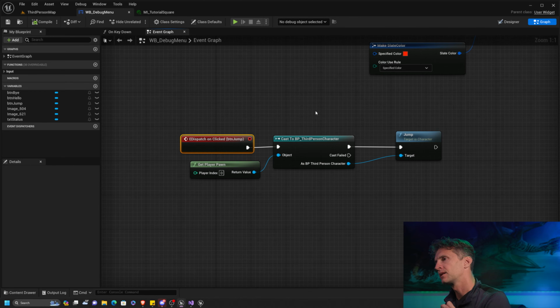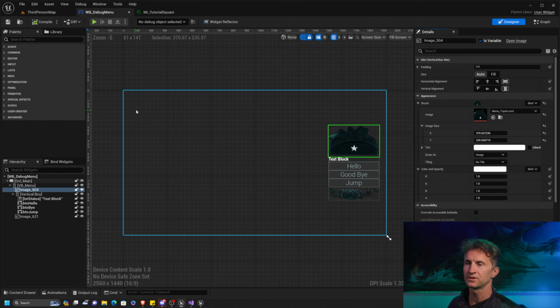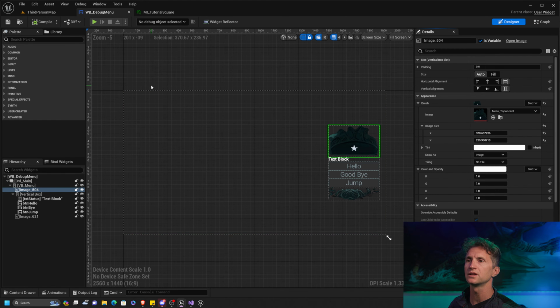Now, in a similar fashion, if we wanted to do this exact same type of logic of widgets inside of widgets, but we wanted to do it for something like an inventory item, that is also a fantastic use case for widgets inside of widgets. What do I mean by that? Let's go back to our designer and let's pretend very quickly, because I don't want this to get too long-winded, that this was also our